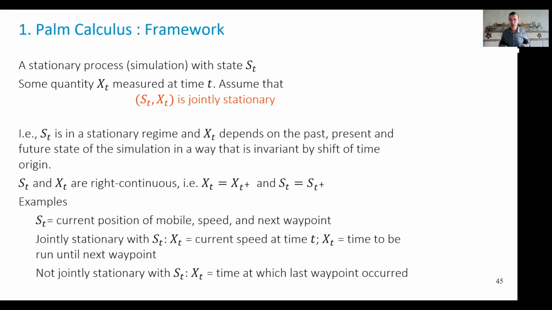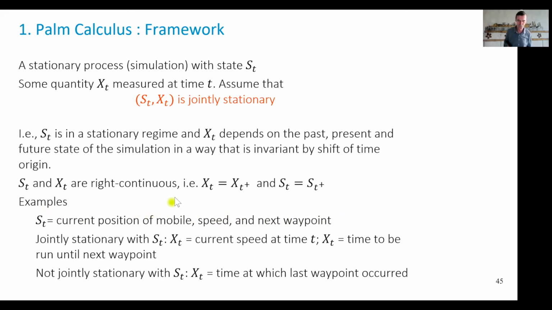Because in this model, we pick a next destination and we go there in a straight line. So in this very simple model, we need only where we are, at which speed, and where we are going. A more sophisticated mobility model would have more information, like attraction points, or the selected roads that you may use,